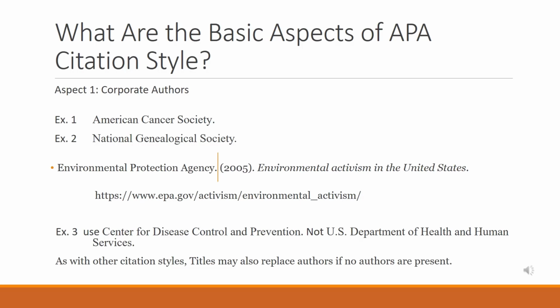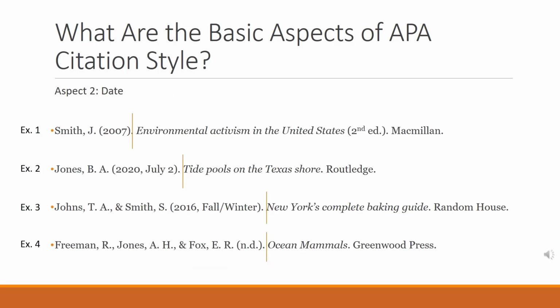The next part of an APA citation is the date. Note that the orange line is moved, indicating the end of this new section. According to page 289 of the APA manual, the date will be represented in parentheses and followed by a period or full stop. Although usually just a publication year, as in example 1, 2007,